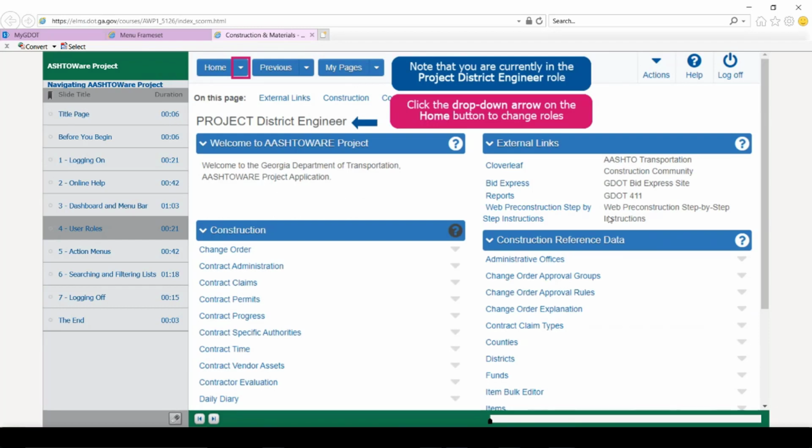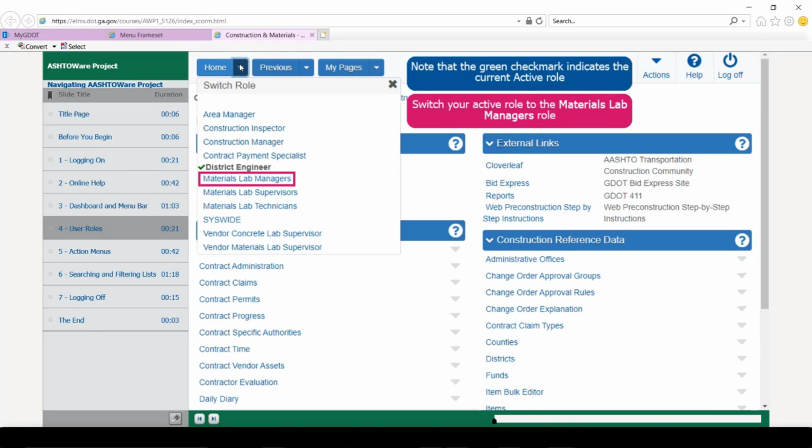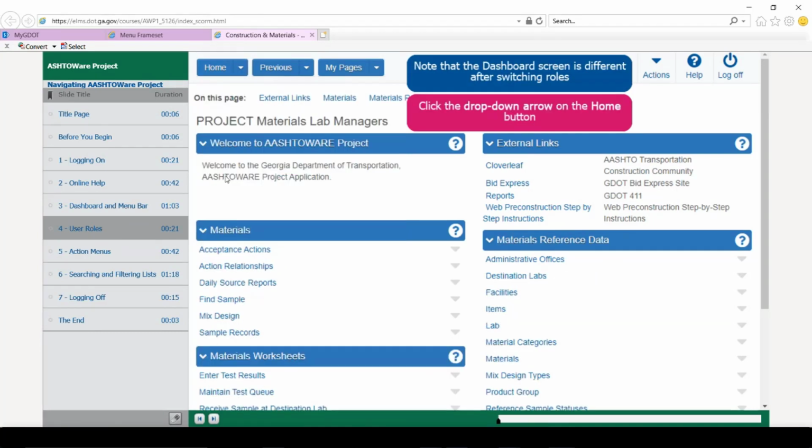For instance, this is still in Project District Engineer, but if you are on that home page, you can click the arrow on the home page button, and it allows you to access any role that you have the permission to access. In this case, we'll click on Materials Lab Managers, and immediately the home page jumps to the Project Materials Lab Managers page.